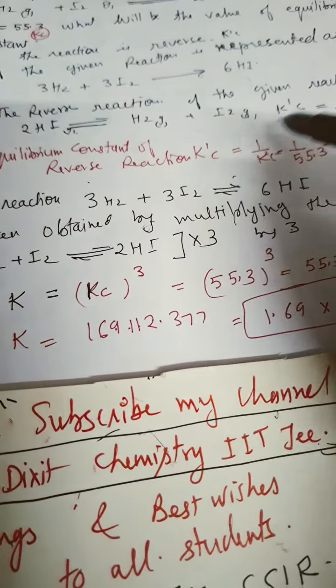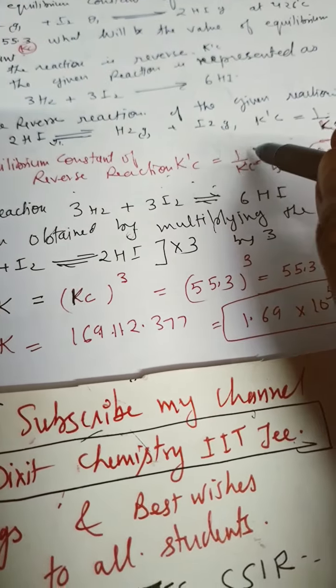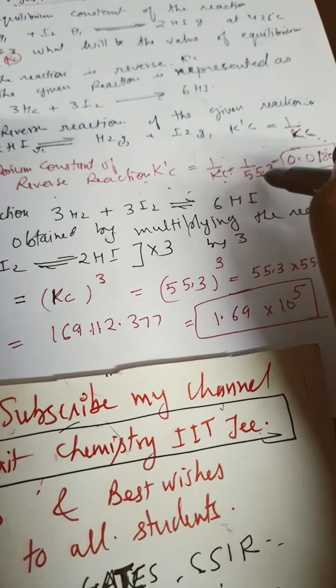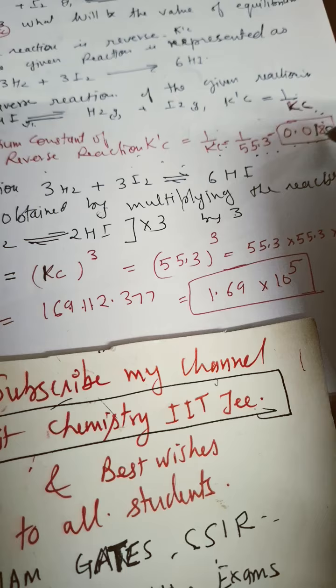I put the value: K dash C of the reverse reaction is equal to 1 upon Kc of the initial reaction, equal to 1 upon 55.3. Answer is